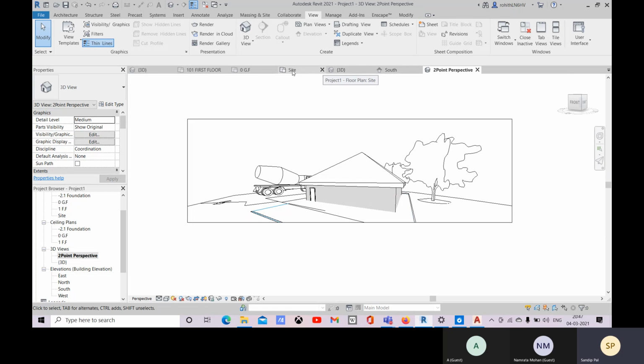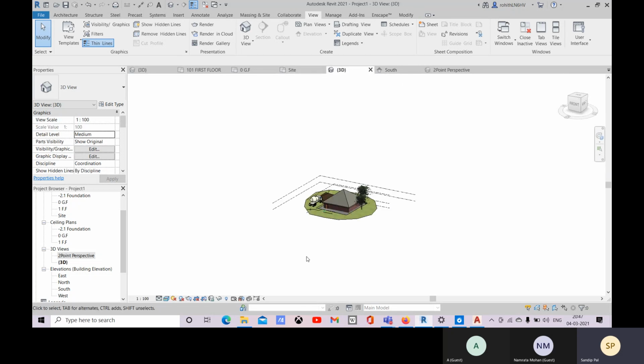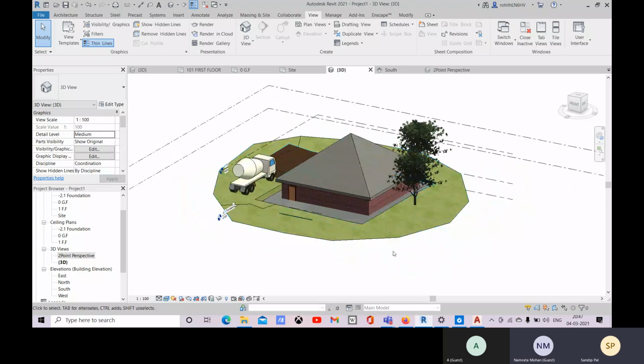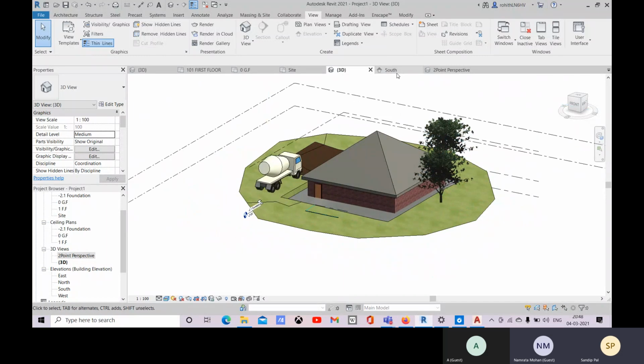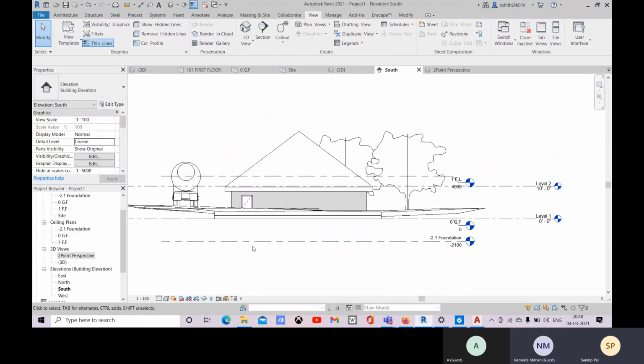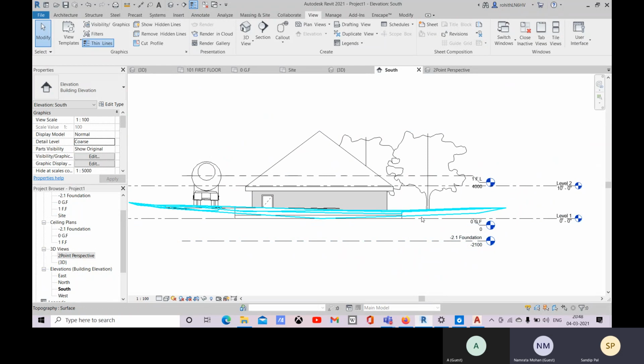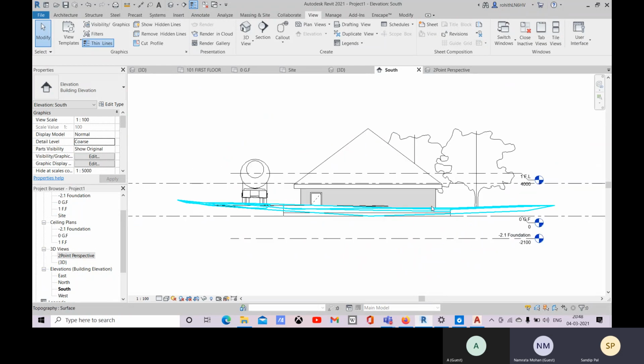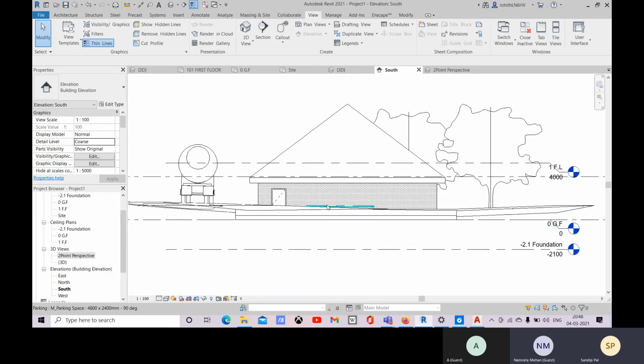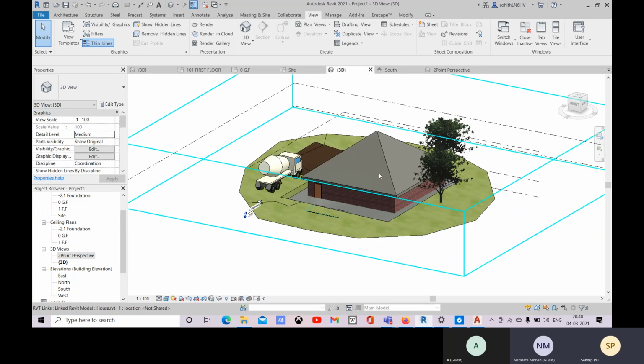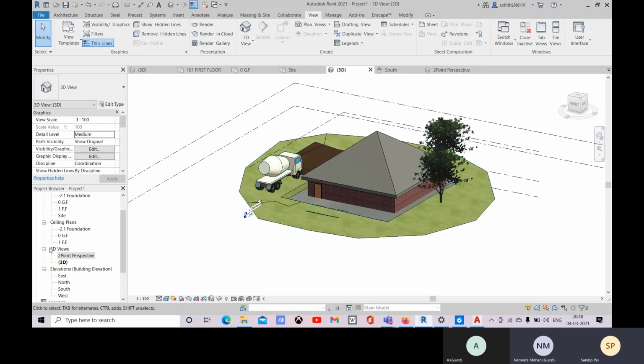Now let's come to this 3D. If I want to give a particular height to that camera, that also you can define. So come to this south elevation, or the elevation where you have placed that camera, where you can see it.